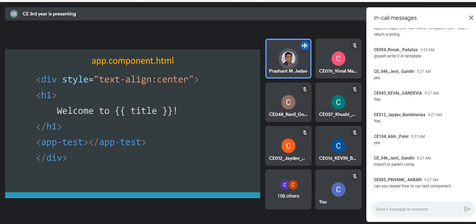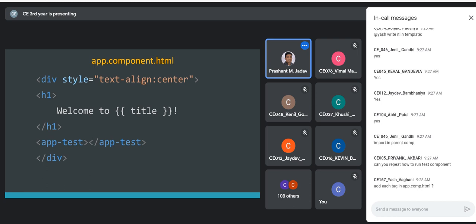And how to use the component? Yes, because for every component, there is a selector. Every component can be uniquely identified by its own selector. So that selector we have to refer to in our app component HTML file.